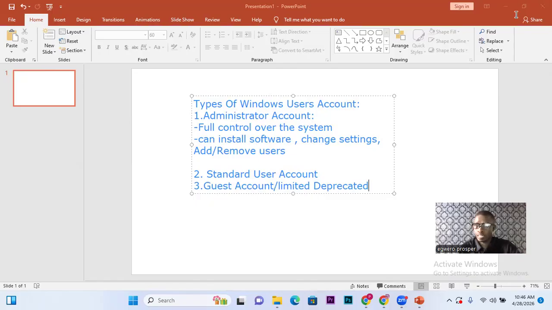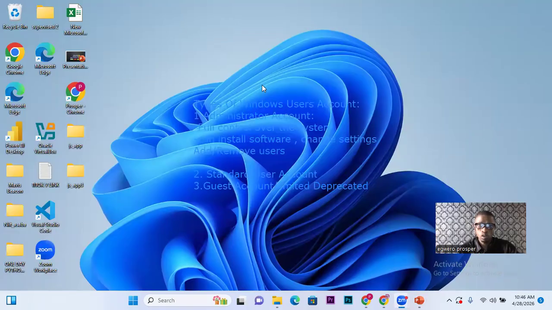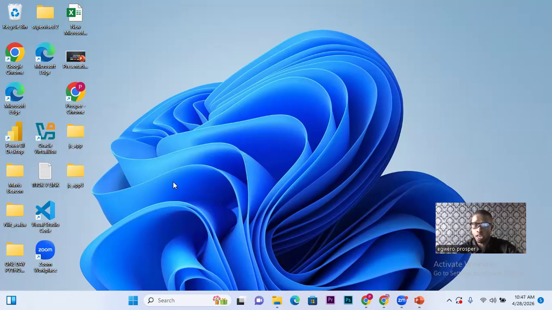So looking at my computer now, if I am asked to set up either an administrator account or user account, what are the steps I need to follow? In the first place, I need to check how many accounts I have. If I want to check the number of accounts I already have in the system, you click on the start button, and then once it brings out,